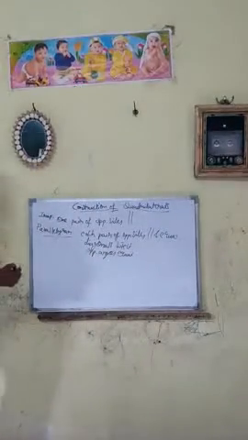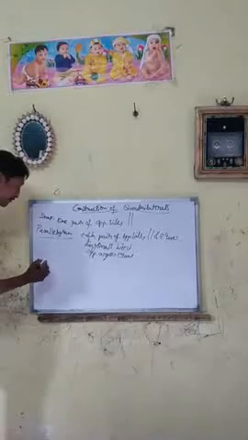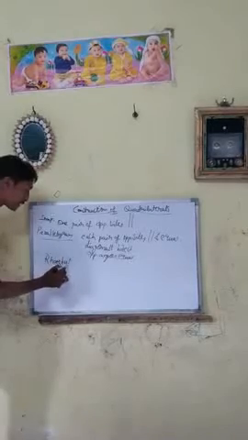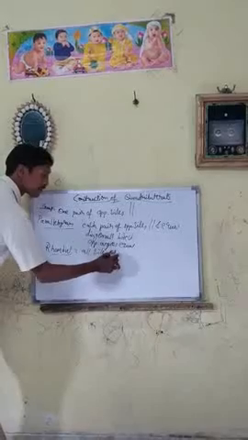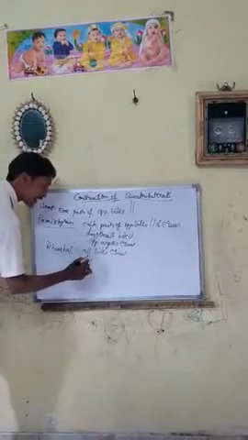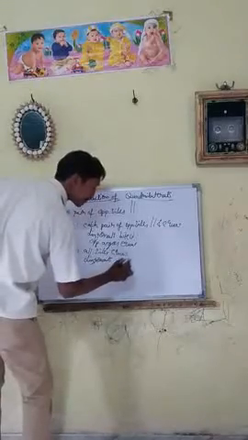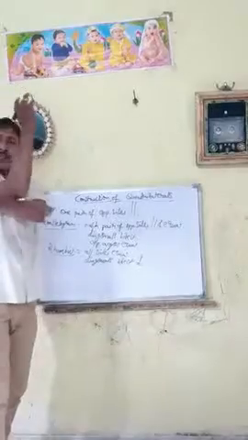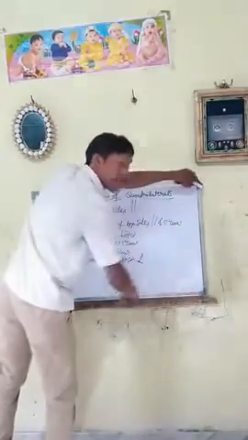Coming to the next ones: rhombus, rectangle and square. Rhombus: all sides equal. Diagonals bisect perpendicularly. This is the symbol of perpendicular. Perpendicular is when they get 90 degrees between them, like adjacent edges of a board.